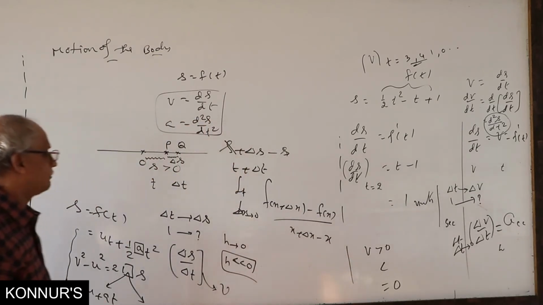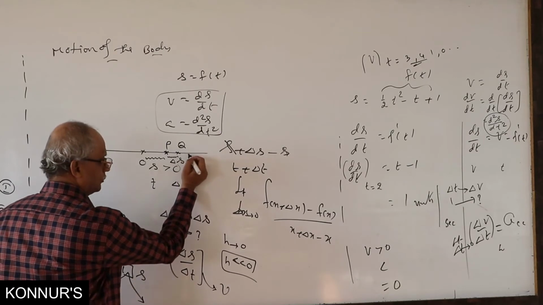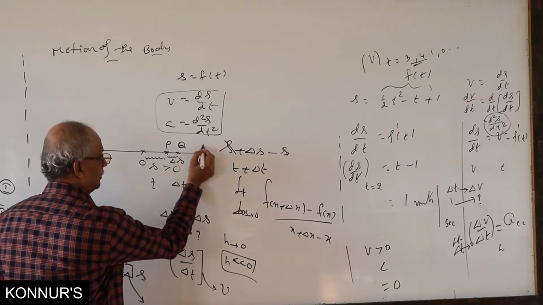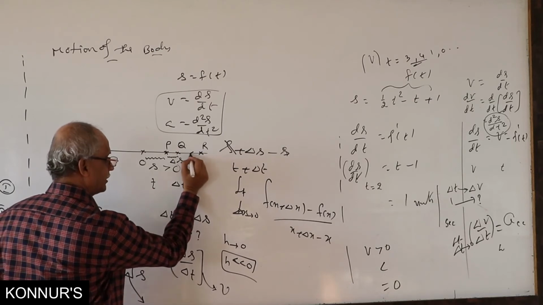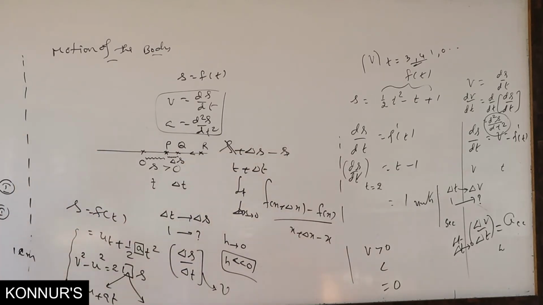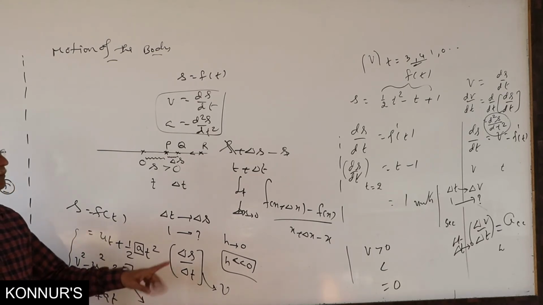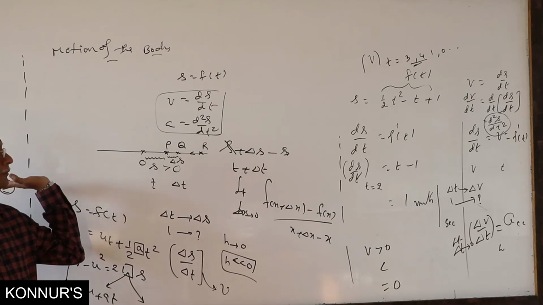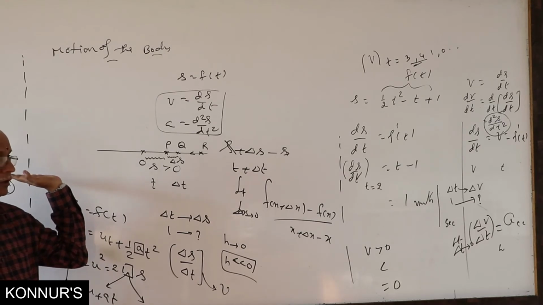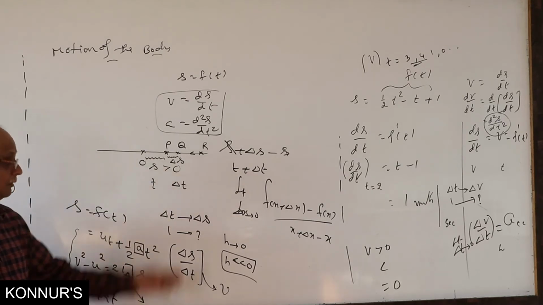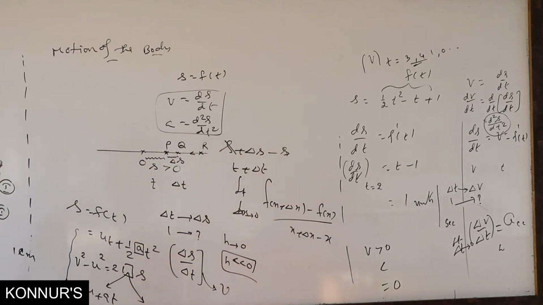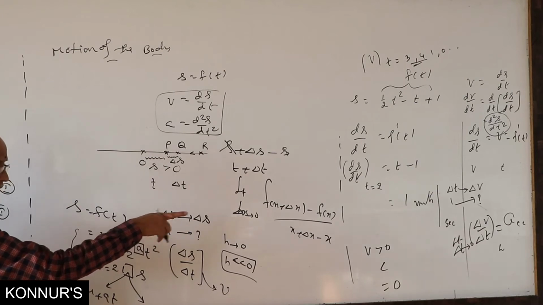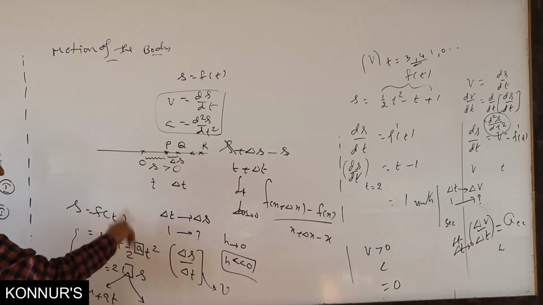Now, the particle changes its direction. After some time, when it travels from P to Q, while going towards R, from R it is coming back. It changes its direction. Retardation. Opposite side, opposite direction. At what time t does the particle change its direction? Then it is compulsorily related to inequalities. Okay, inequality solutions: V must be negative. Take V positive, and V less than 0 means it changes its direction.